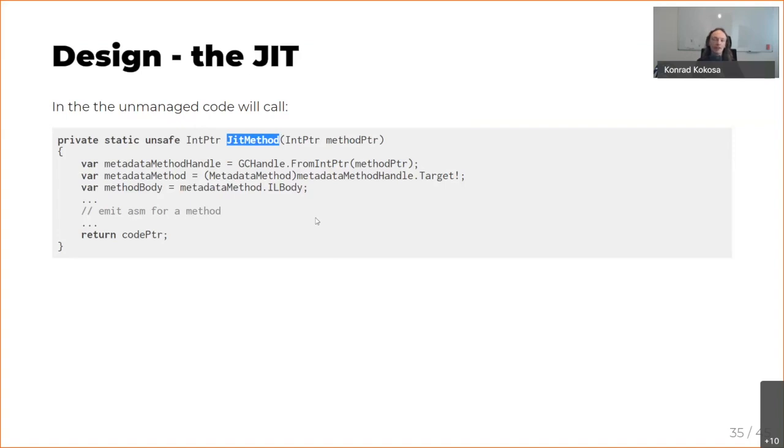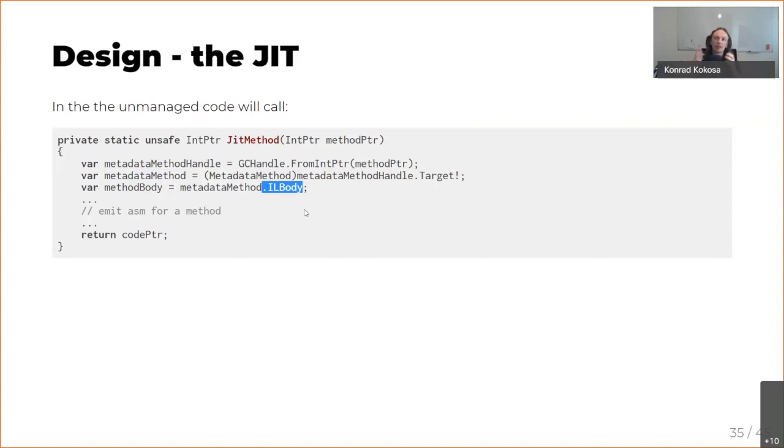And this is the one that will be responsible for JITing the whole method and executing it. So some handle magic to take just metadata of the given method, and then we are accessing the IL body of the method, and we are in place. So we are inside the runtime.